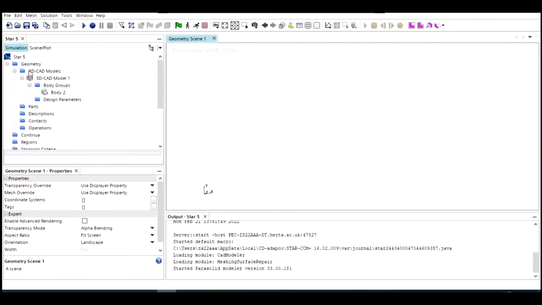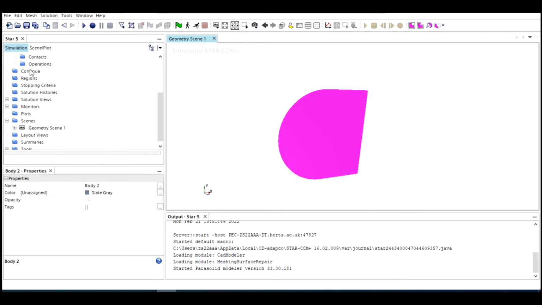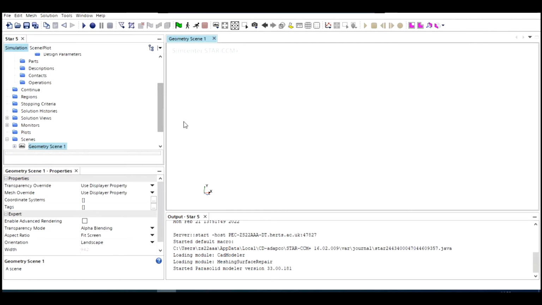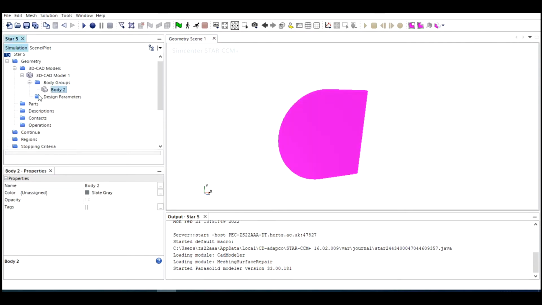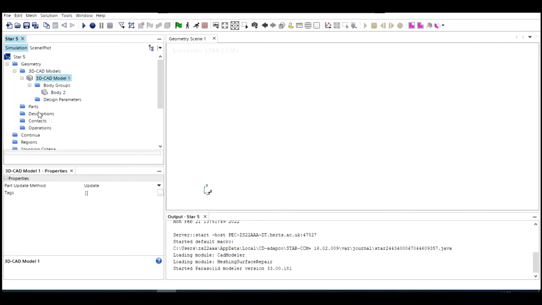Now we have the aerofoil geometry in here in the simulation panel. And the task for now is to create meshes around the airfoil. Okay, and do you still remember the procedure? And now what we need to do is to first produce parts, because now it's just a CAD model, we need